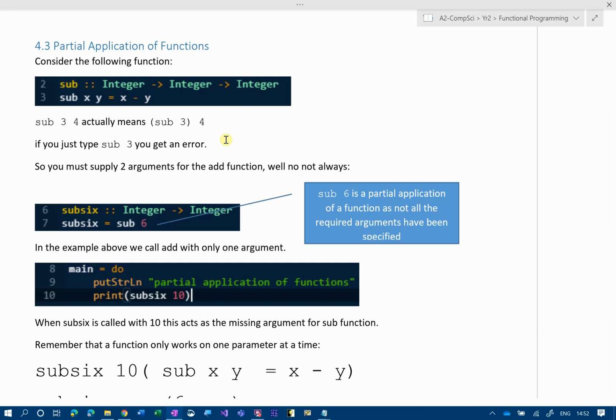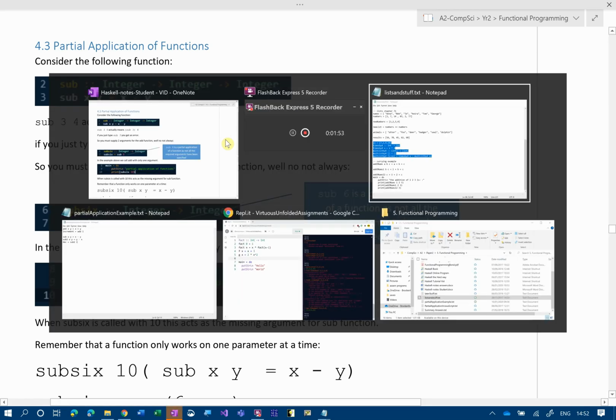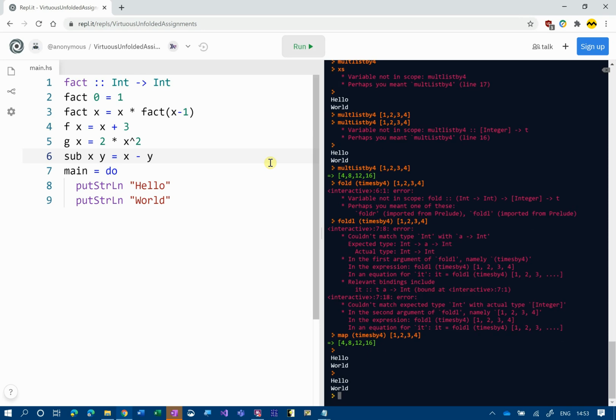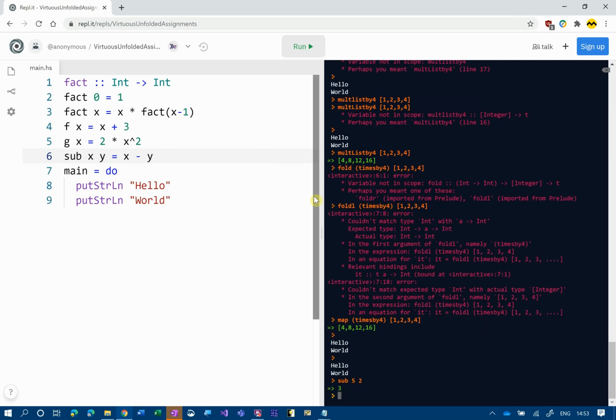So I've got a function called sub xy. So let's put that in. So I've got one called sub xy, and that's equal to x minus y. Okay, let's just run that. Right. So if I call sub 10, 5, 2, 3. So 2 from 5 gives us 3. Now I'm going to create another function here called sub 6. Now that's going to equal